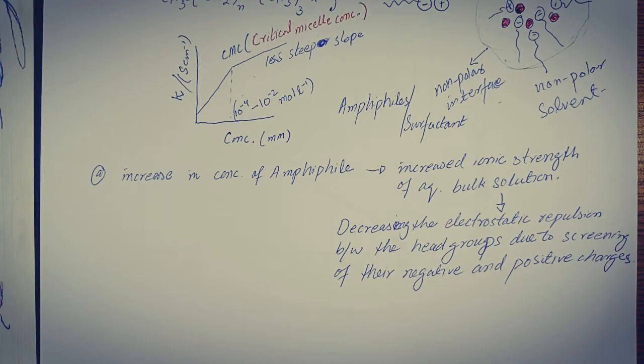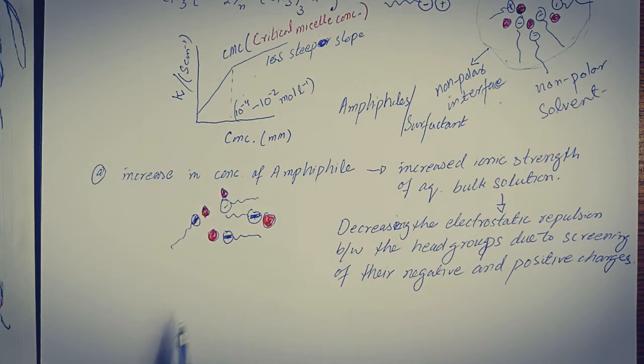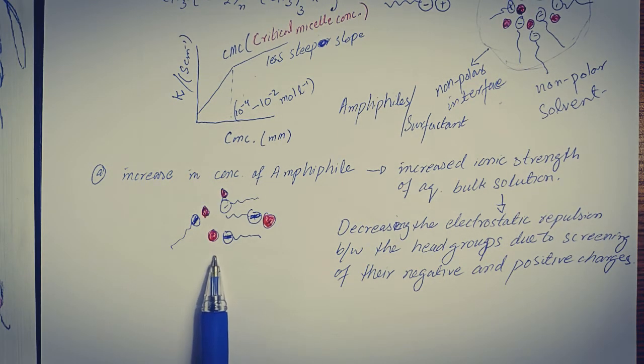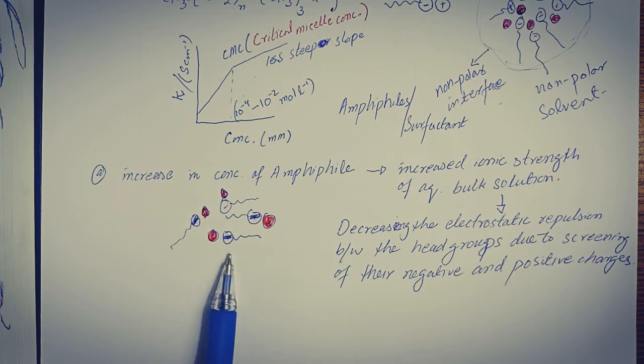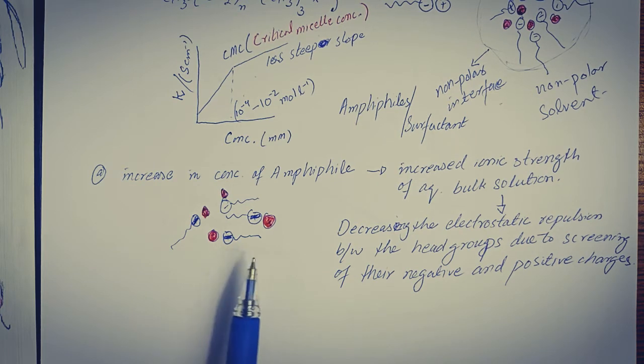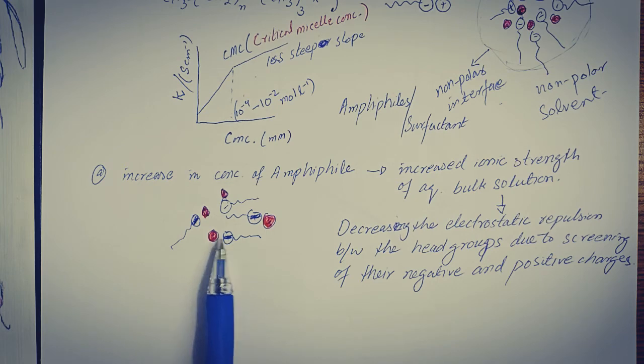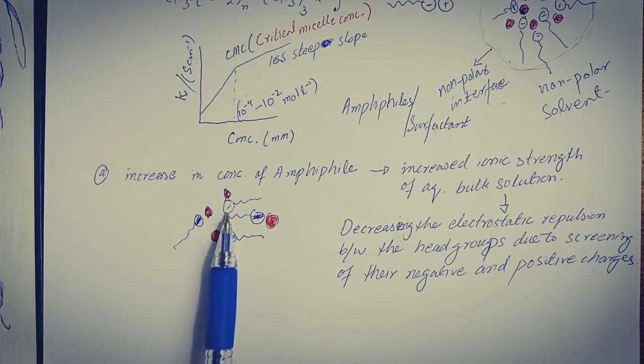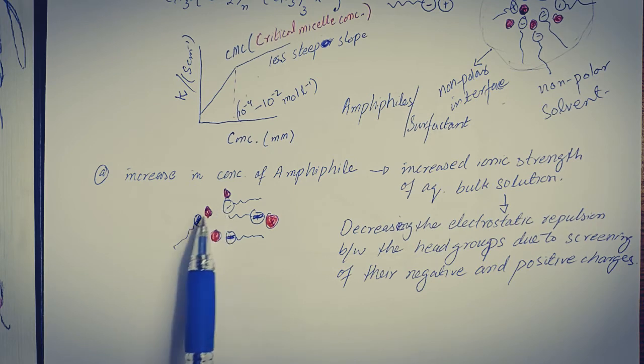And thus this phenomenon is decreasing the electrostatic repulsion between the head groups due to screening of their negative and positive charges. So here we have a pictorial description that when the concentration of the amphiphile molecules is increased, the repulsion between the two head groups is being screened by the